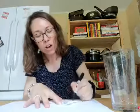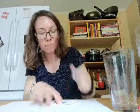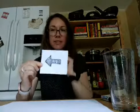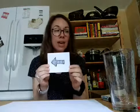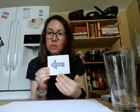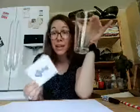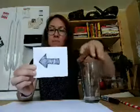So I'm just drawing a simple arrow pointing to the side of me. Okay? So, there's my arrow. So if you draw one like this, then you can try this as well. So now what we're gonna do is we are going to put a glass in front of the piece of paper and see if anything happens. Because we know that light bounces off objects, but what about a clear or transparent object? It seemed like light will just go right through, right? So let's try it. Here's my arrow, here's my glass,